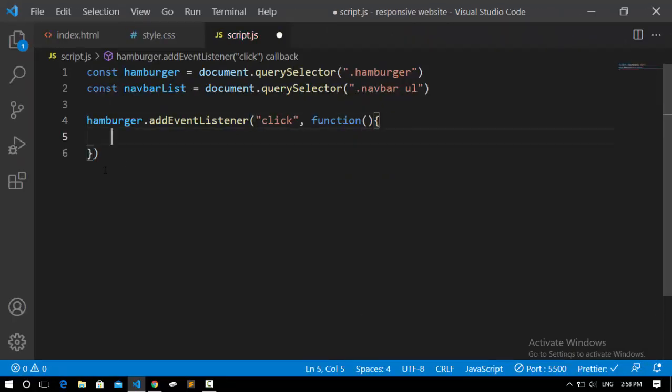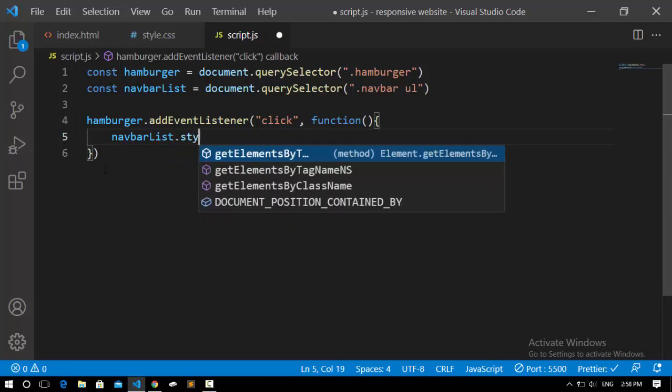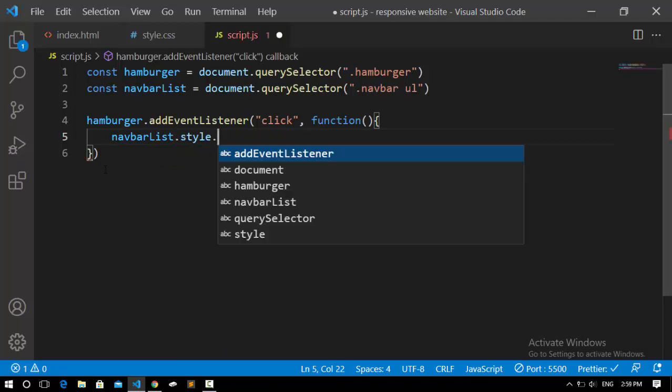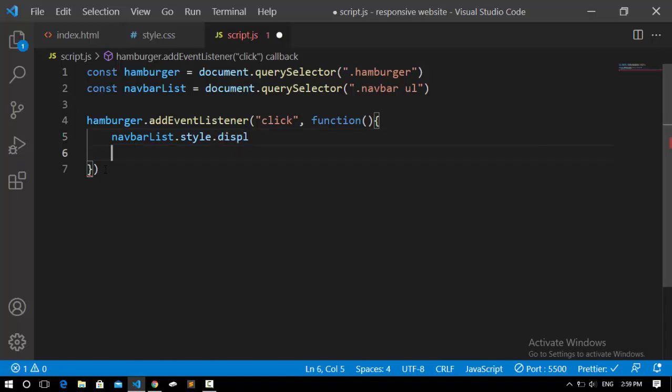After that, inside this function, if we click, we're going to say navbarList, and from the navbarList, select its style, and from the style set its display to